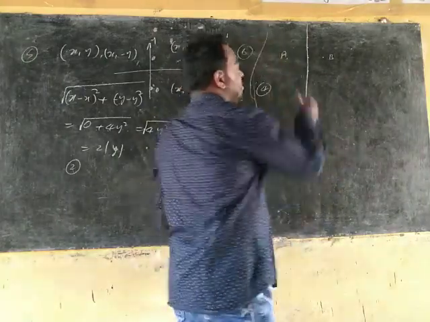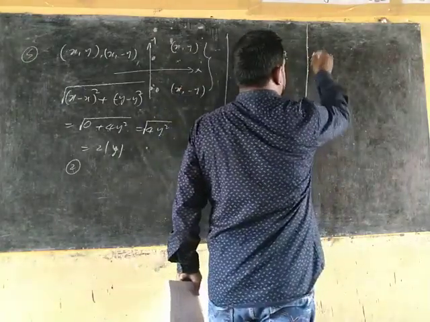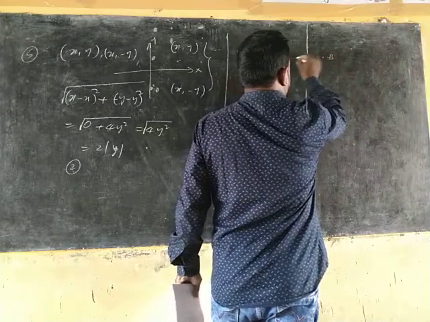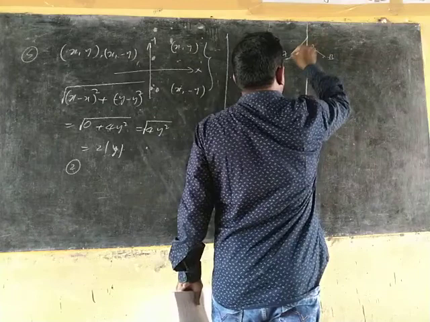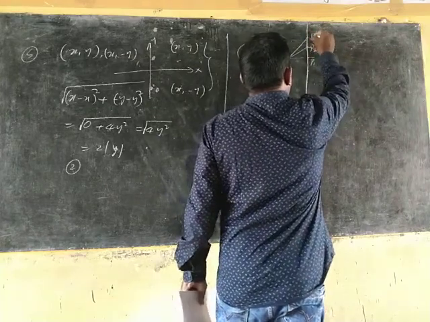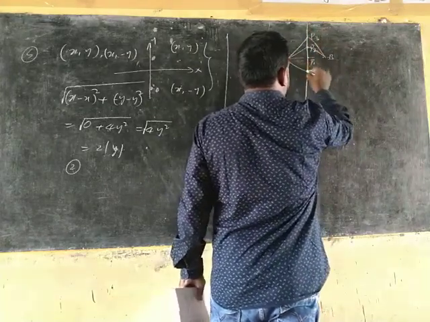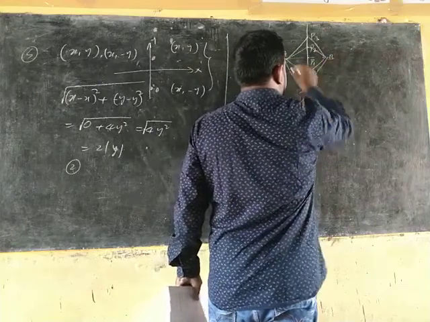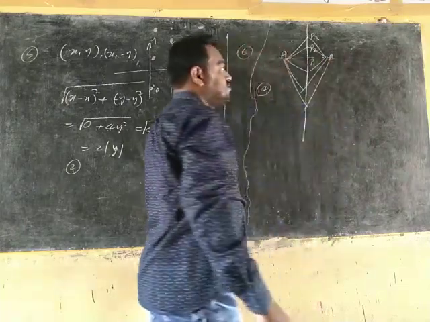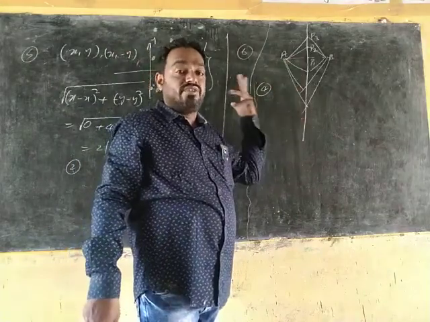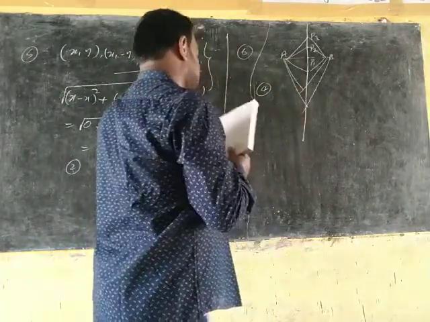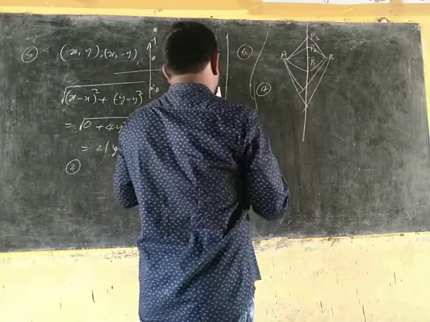Understood? So for a and b, one point p1 is there. This is an equal distance point. Next, one more point p2. Next here p3 is also an equal distance point. Here p4 is also there. Like that, so many points exist. How many points? Countless points. So infinite points exist. So option 4 is the right answer for the sixth one.